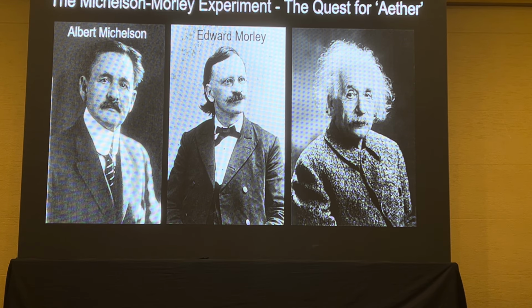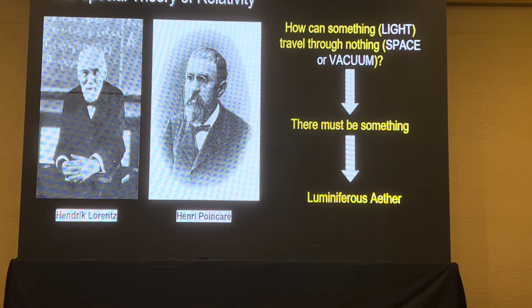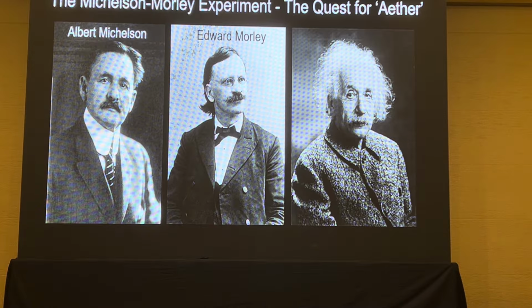So, equipped with his new invention, the Michelson interferometer, Albert Michelson joined hands with Edward Morley and set up an experiment to prove the existence of ether. It's not to disprove, but to prove, because they also believed it was there. And that experiment, the Michelson-Morley experiment, returned a null result, which means that they could not prove the existence of ether. And Michelson himself said that this was a major failure in the experiment.